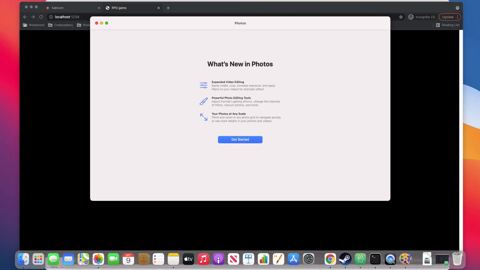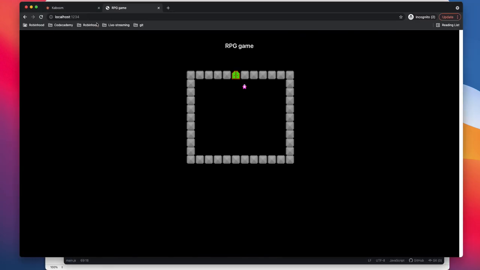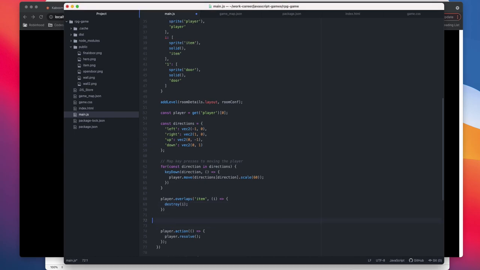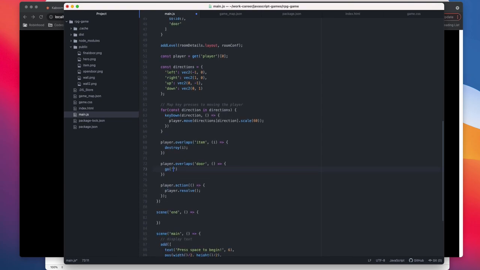So similarly, we need to do it for the door as well. For that, we know what is going to happen. It's going to be player dot overlaps door. We don't need to pass any argument here, and then we can just call go, and we have our end scene.